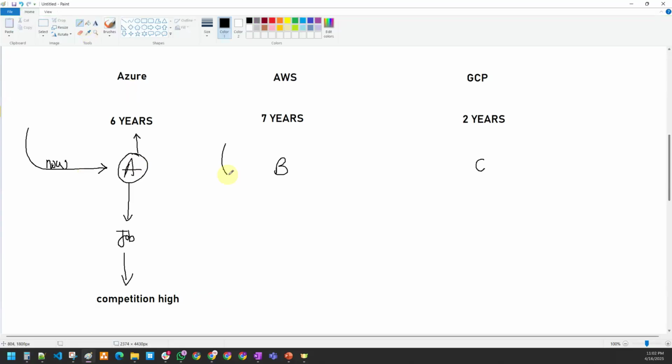the moment you try to learn AWS and go for an interview, there is even more competition, because people have already started learning it. Like now you are learning today, your BTech is completed, you got to know about cloud platforms now, but people have already learned about it and are doing a job switch. You are going to compete with them, and getting the job becomes very hard. But GCP is not like that.